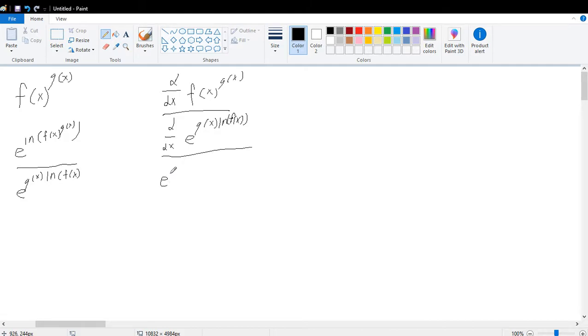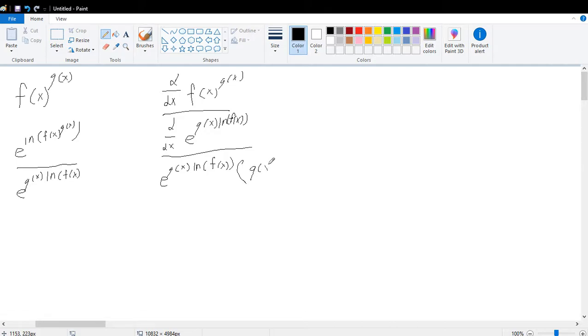So, e to the g of x times ln of f of x. Now we want to take the derivative of what's in here, which uses the product rule. So this is going to be multiplied by the whole thing, so it's e to all this times the quantity, the derivative of this, which we'll start with